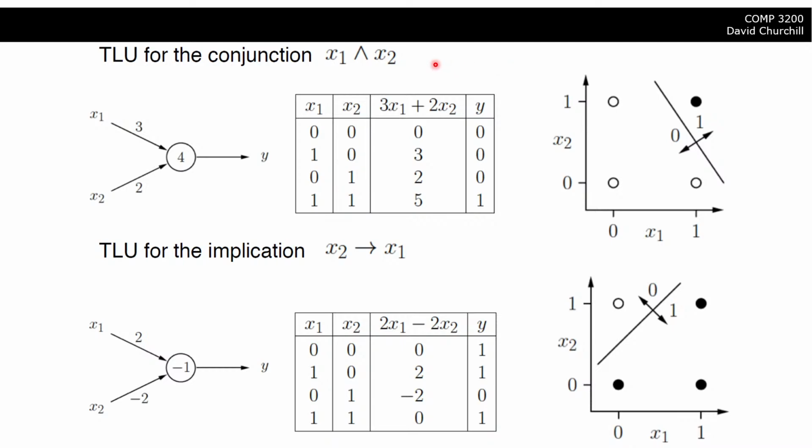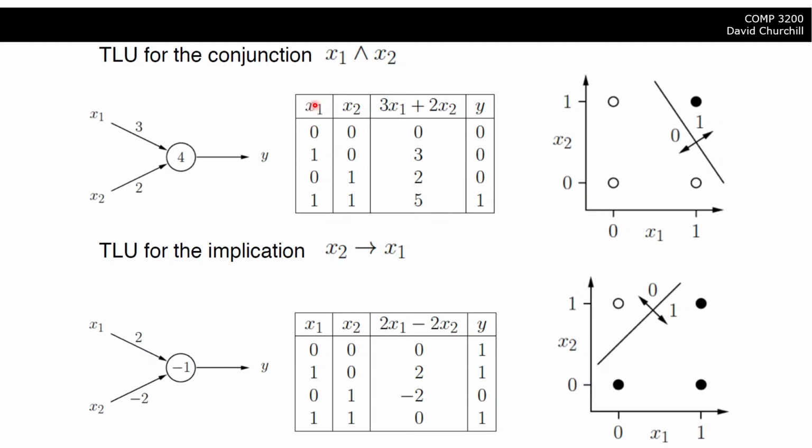So just watch this. If we take a TLU and we assign the weights of 3 and 2 and a threshold of 4, then here is what our TLU does. We have x1 and x2, and here are the 4 possible values that you can have for x1 and x2. So if they're both 0, then 3x1 plus 2x2 is going to be 0. And so the output here, you say, is that output greater than 4? If it is, the output's a 1, but it's not, so the output is a 0.